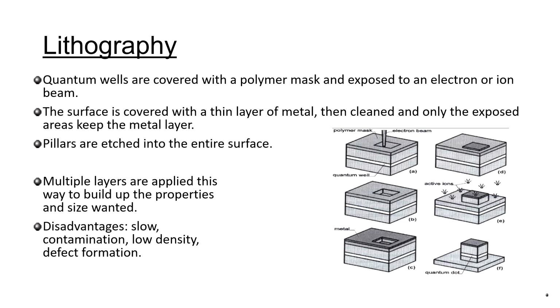So you have here the polymer mask, electron beams, and then it can go with the active ions, and finally you can get some quantum dots at the end of the lithographic processing. But as mentioned, it definitely has some disadvantages, like it is a very slow process. There is a possibility of contamination during the process. If contamination happens, then all the properties will be changed. Low density and defective formations are some of the